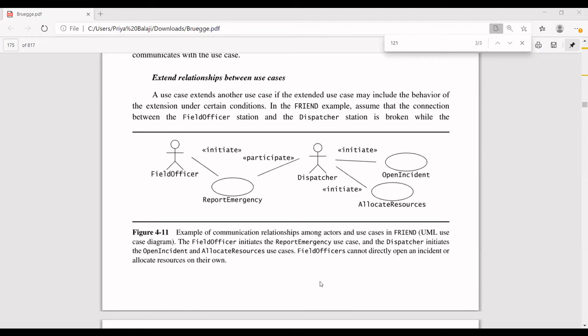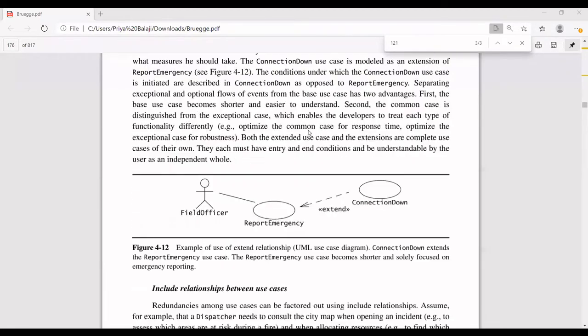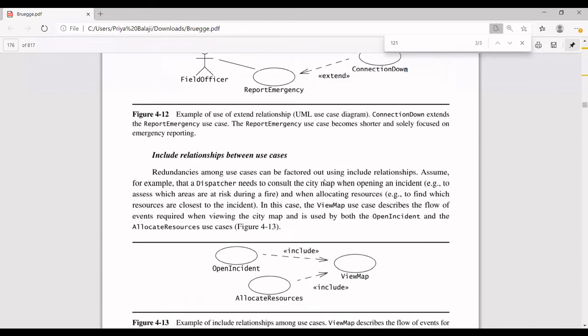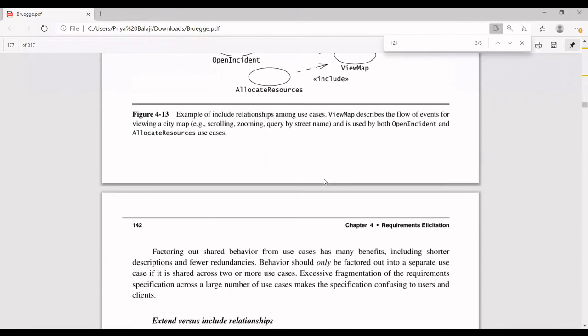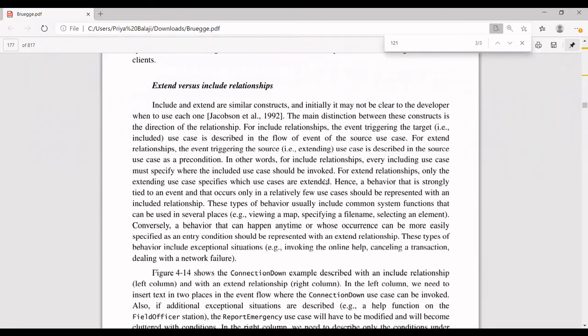Second, what is meant by the extend relationship? The extend relationship comes wherever there is a condition, an extension condition or an exception condition. So what is the diagram for an extension condition or exception condition? After this diagram, you can just say when this will happen, when suddenly your connection goes down or your mobile doesn't have a battery. Then you have to understand the scenario, what is happening. Then you can use your extend relationship, and this diagram is fine. Similarly for include also. This much content is more than sufficient from your examination point of view.